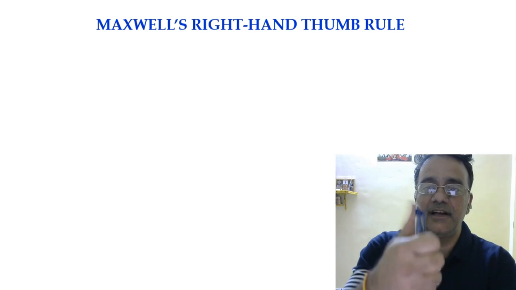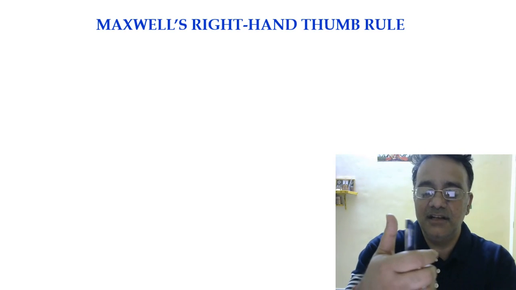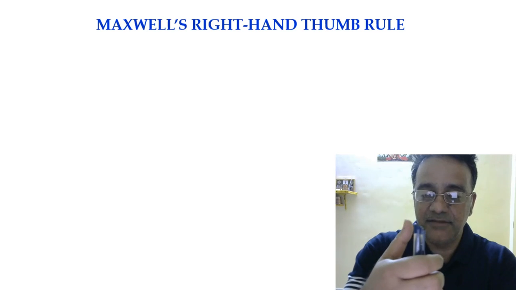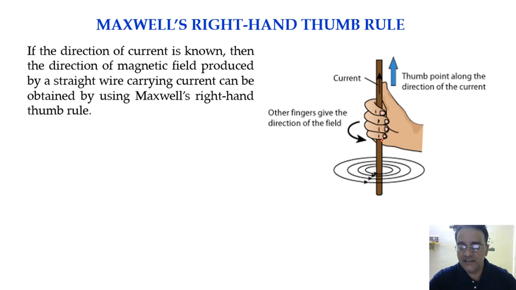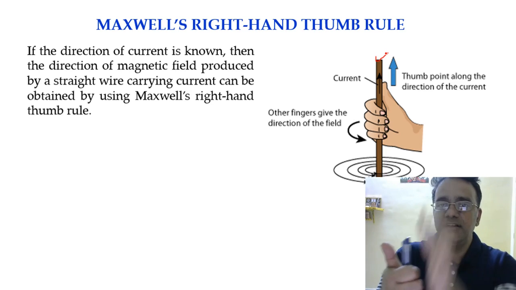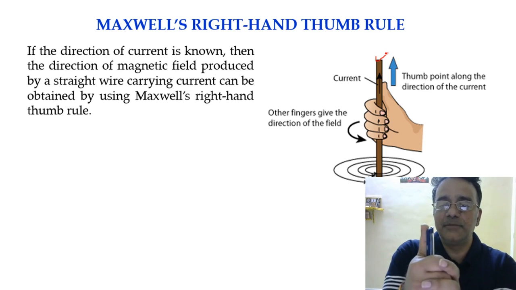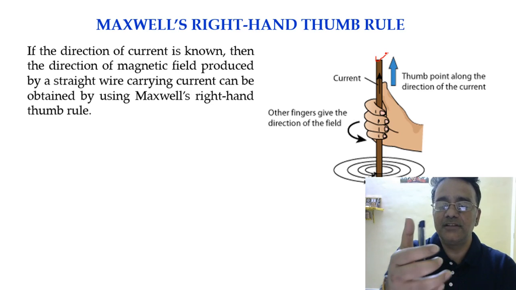So this is the direction of current, and this is the direction of the magnetic field. If the direction of current is known, then the direction of magnetic field produced by a straight wire carrying conductor can be obtained by using Maxwell's right hand thumb rule. So this is the thumb rule. This is the current carrying wire. This is the direction of current, it is upward direction, so in its direction we will put the thumb, right? And this fold that we are making